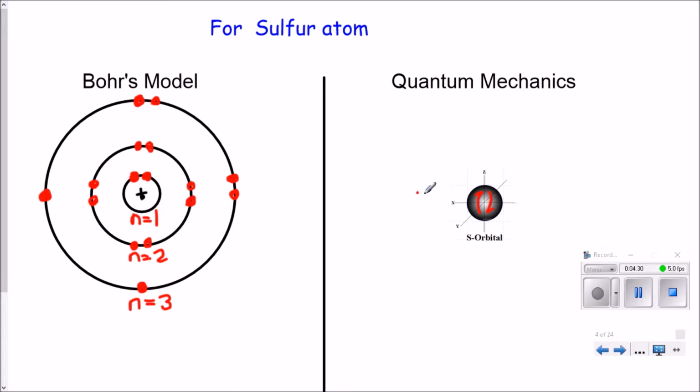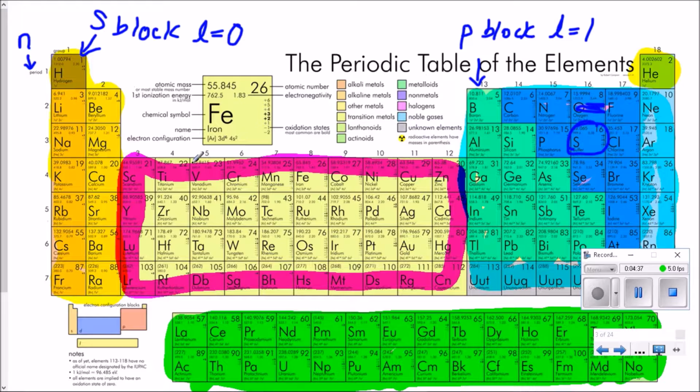That's the first shell. This is n equals 1. Now we know we have more electrons than this, but at this point we've actually filled up the first energy level, just one s. Now we're going to start on the second energy level. Remember, we have to get all the way over to sulfur. On the second energy level, we are still in the s block. The next 2 electrons get placed